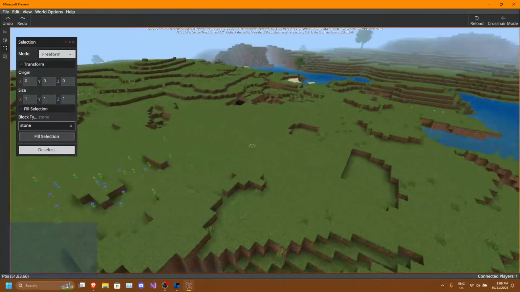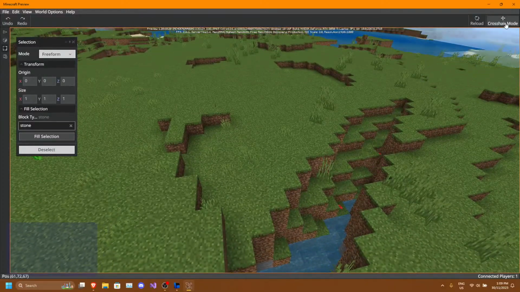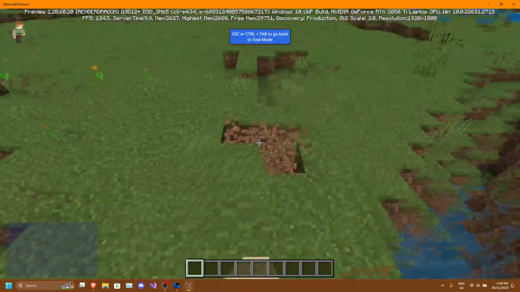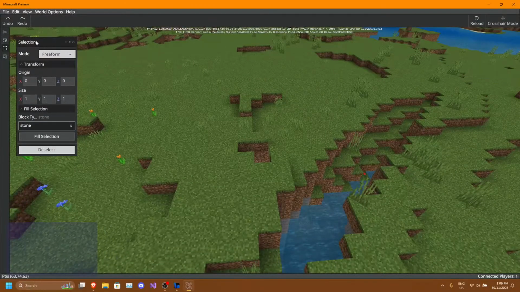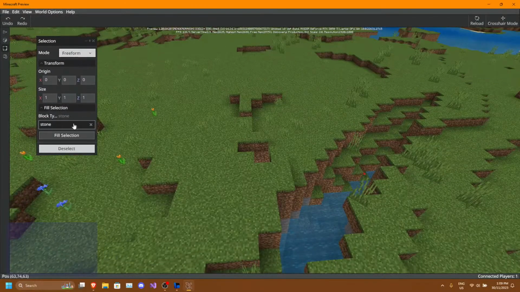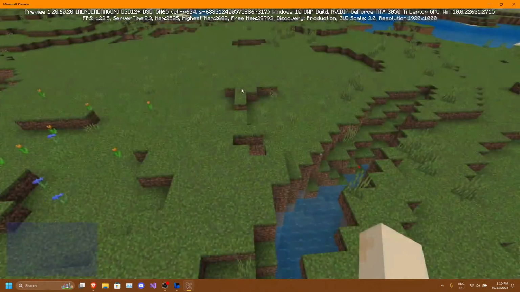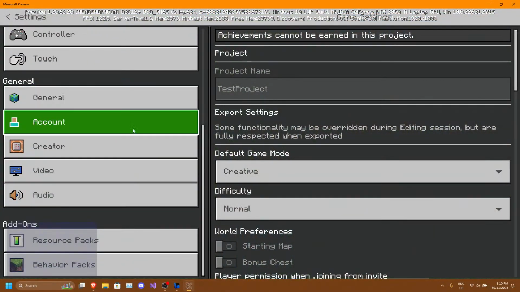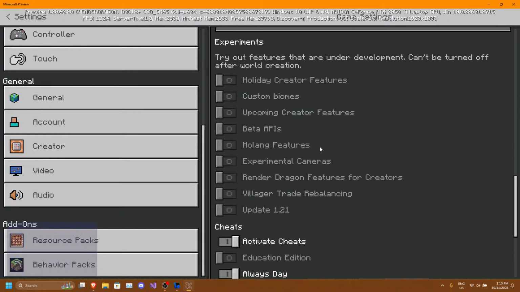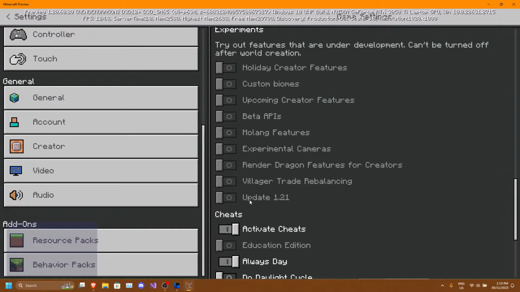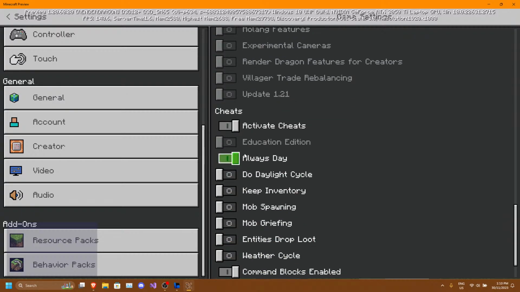Although we could mess with this later. And then we still got the crosshair mode. What else have they changed? Not much by the looks of this. .21 is an update.